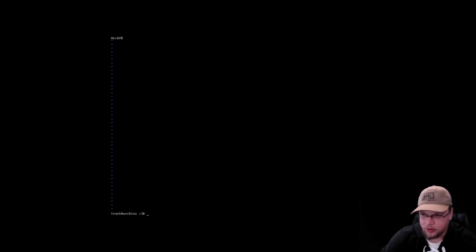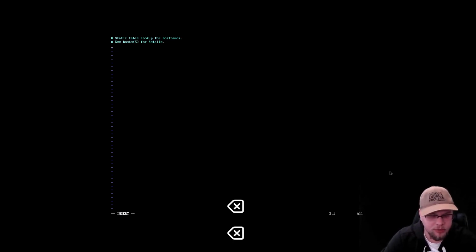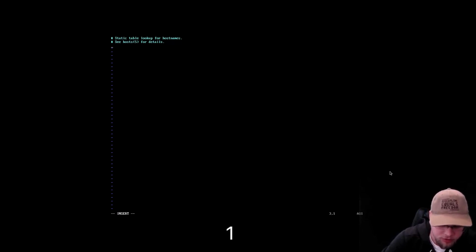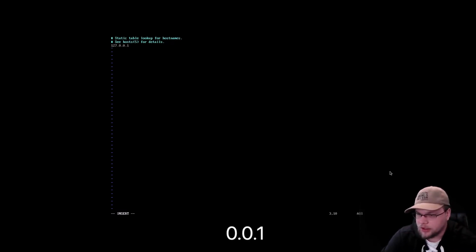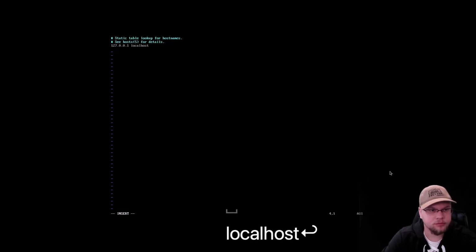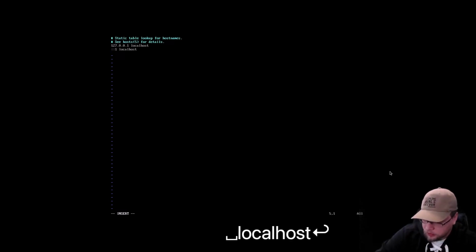And then what we have to do is update our /etc/hosts with our hostname in there as well. So we'll do vim /etc/hosts. Okay, we'll remove the comment because we don't want it in there. And then we'll do 127.0.0.1, and then we'll set that to localhost. And then for our IPv6, we'll do ::1, localhost, and then we'll do